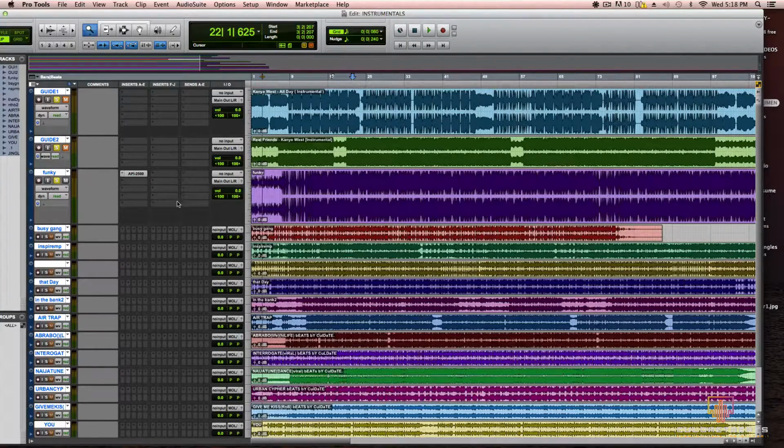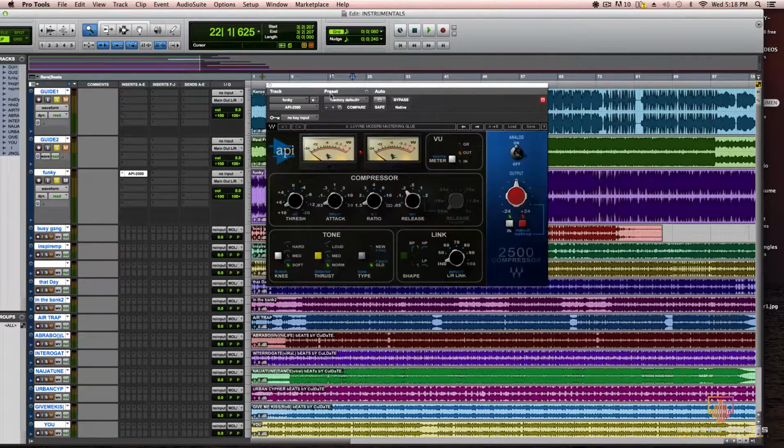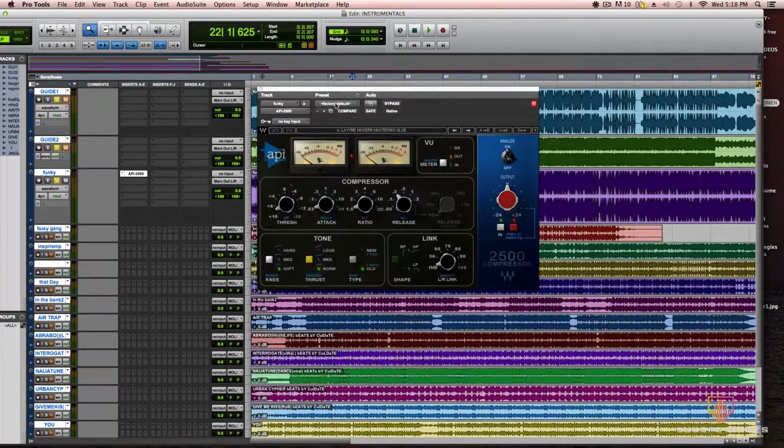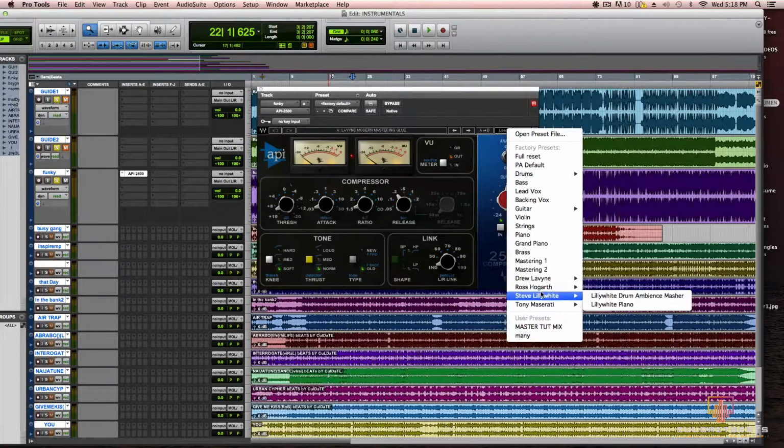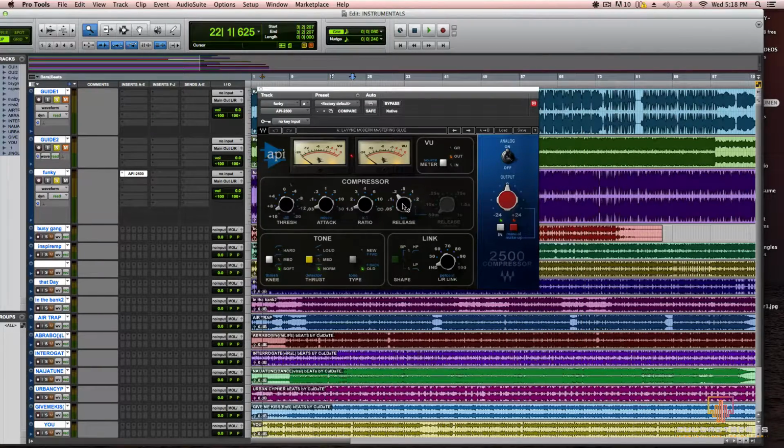So what I do first is think about an API 2500, and this guy right here is crazy. All the time I use this preset. It's pretty good. You can use it on your tracks, on your instrumental, on the master output of your instrumental. I'll go with a LAVINE modern mastering glue, and it's pretty good. And I put the release to -2. The main reason why I do this process,